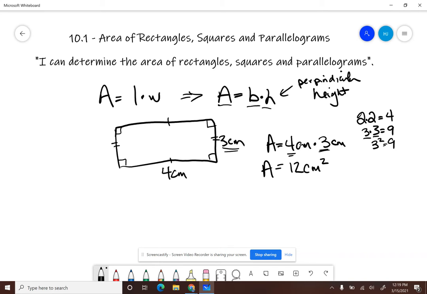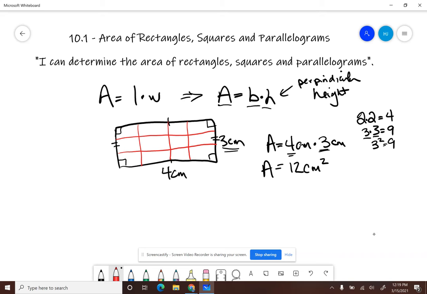Well, I want you to consider something over here with this rectangle that we just made, okay? Think about, what if, now this is 3 centimeters from top to bottom, right? What if, for example, I split this into 3 equal parts, okay? And again, what if I split this into 4 equal rows. Now, I know those are not very equal, but just use your imagination for just a second